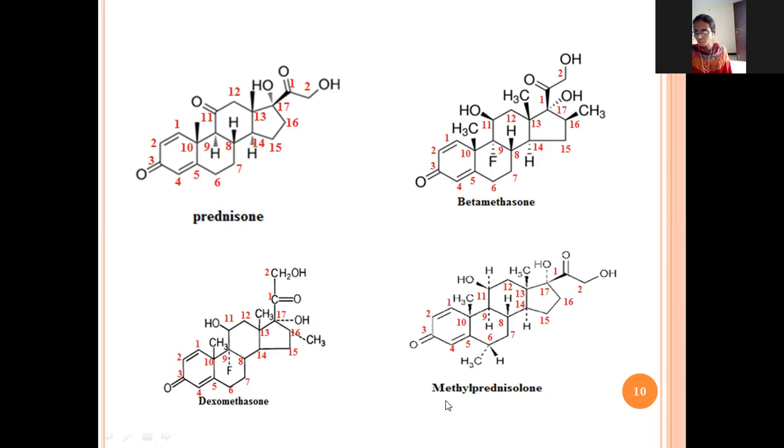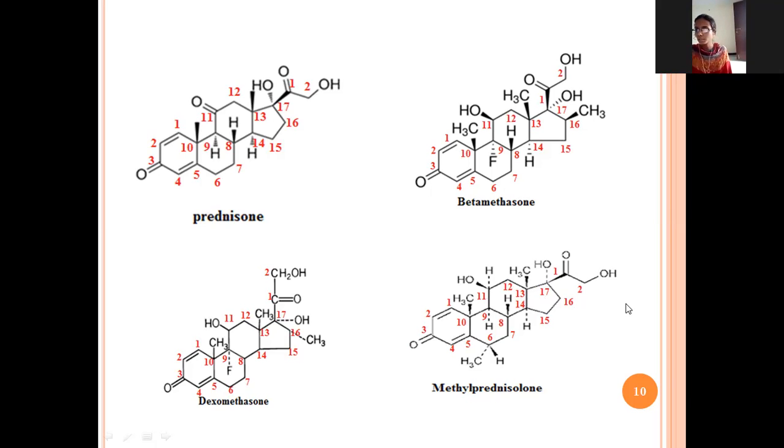Next, methyl prednisolone. If you see the structure here, this is the phenanthrene ring and this is the cyclopentane. In the 3rd position, oxygen, 6th, 10th, and 13th position, methyl groups are attached. In the 11th and 17th position, hydroxyl group. Here in 17th position,